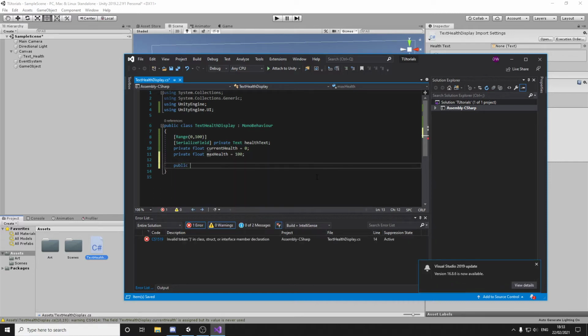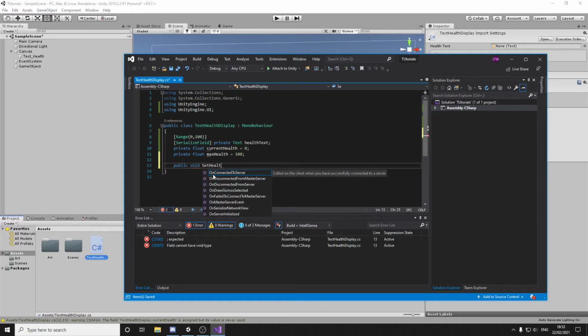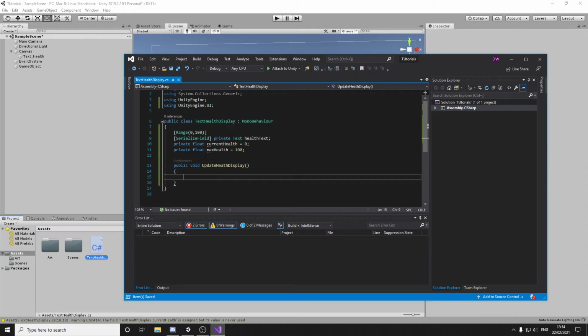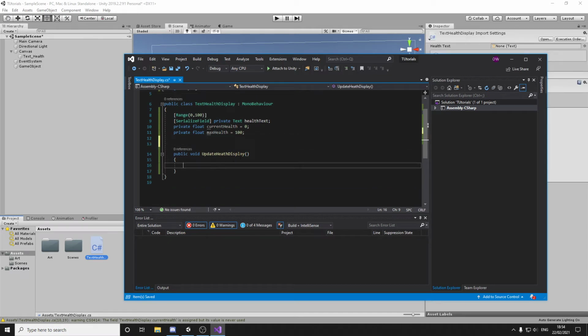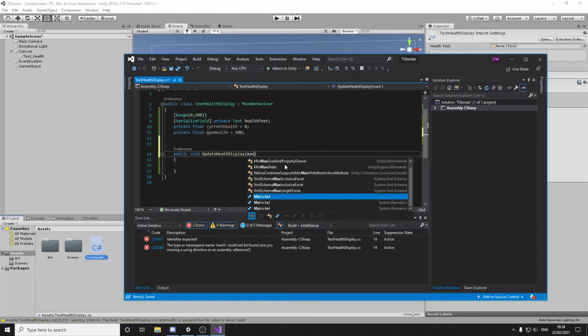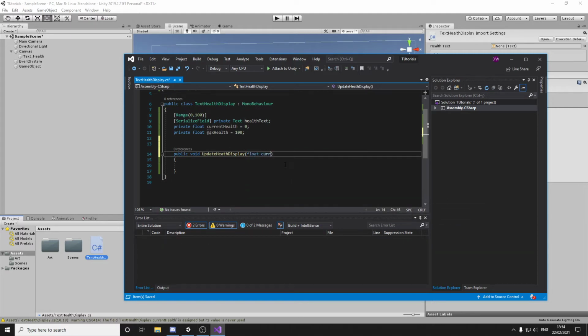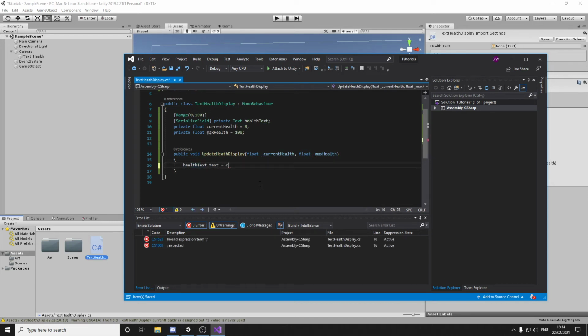Now, in order to update and display our health, we will create a public function called public void set health, or actually update health display, like so. And here we will simply pass through 2 variables, which is going to be our float current health. I'll put a little underscore here, and I'll put float max health, like so. And what we would do then is dot text is equal to